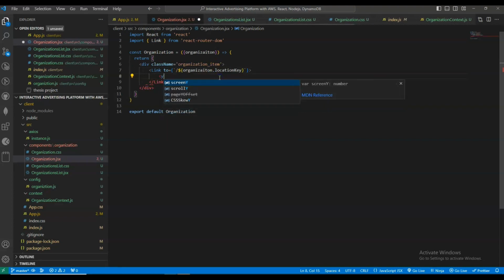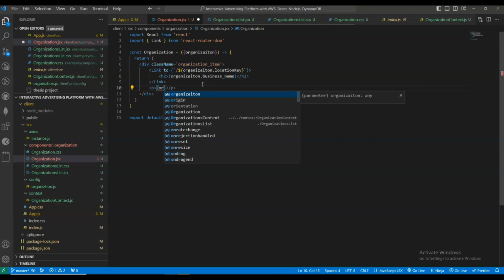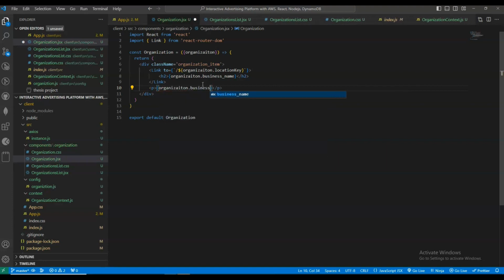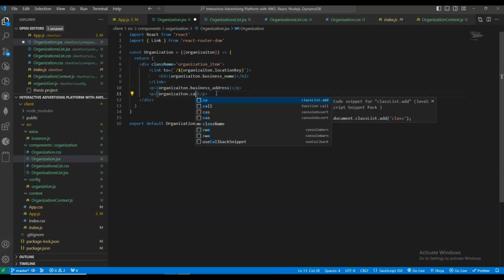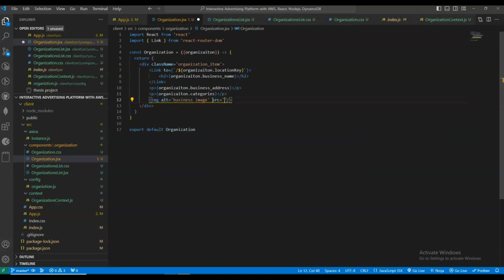And here we have an h2 tag, which has organization business name like that, and it will also have more information like organization business address and organization categories, image. Since we don't have images in our database, we will